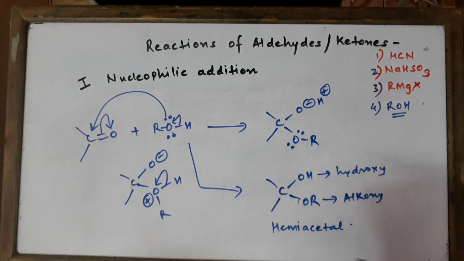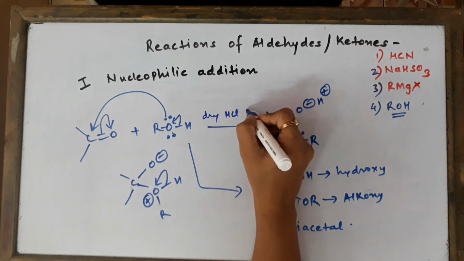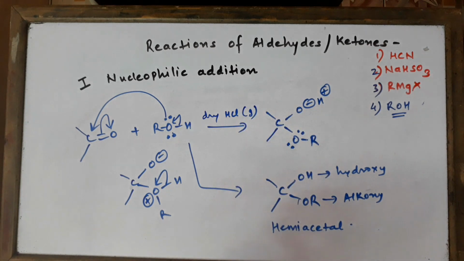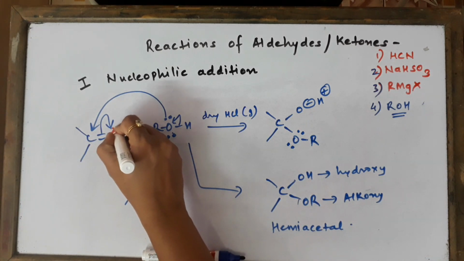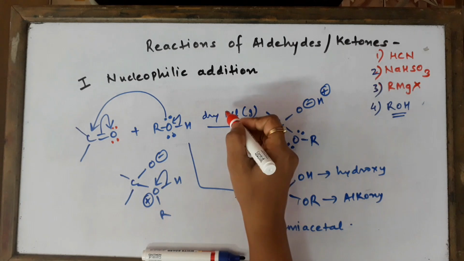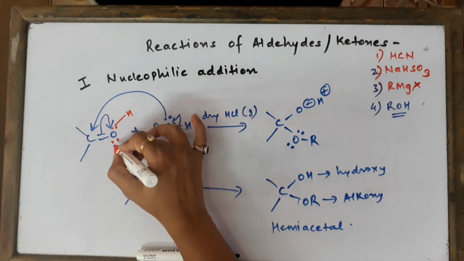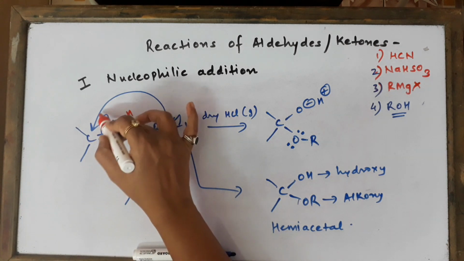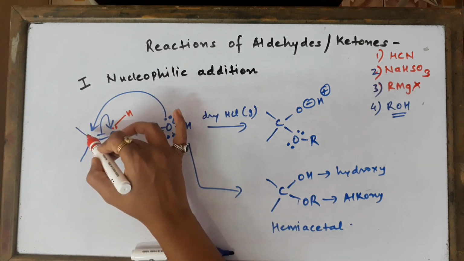Now this reaction should be accelerated. To increase the rate of this reaction, they'll be using dry hydrochloric acid gas. The purpose of dry hydrochloric acid gas is to speed up the reaction by increasing the positive charge on this carbon atom, because as you can see, oxygen has got two lone pairs over here. So the proton from here can come and get attached out here. The moment it happens, the oxygen starts developing a positive sign and therefore pulls the electrons more strongly towards itself, thus making this carbon more and more electrophilic or positive.